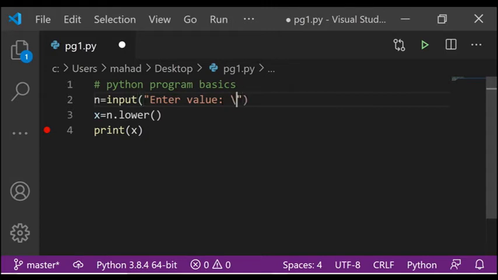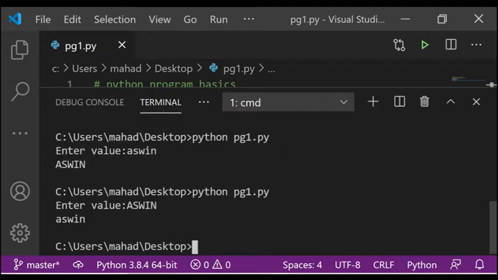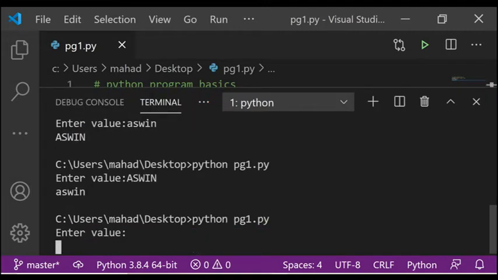See, \n is a value which will move to the next line. Now I have given \n, saved it and opened my terminal. See, enter the value, and my value is inserted in the next line only. This can be used in strings.